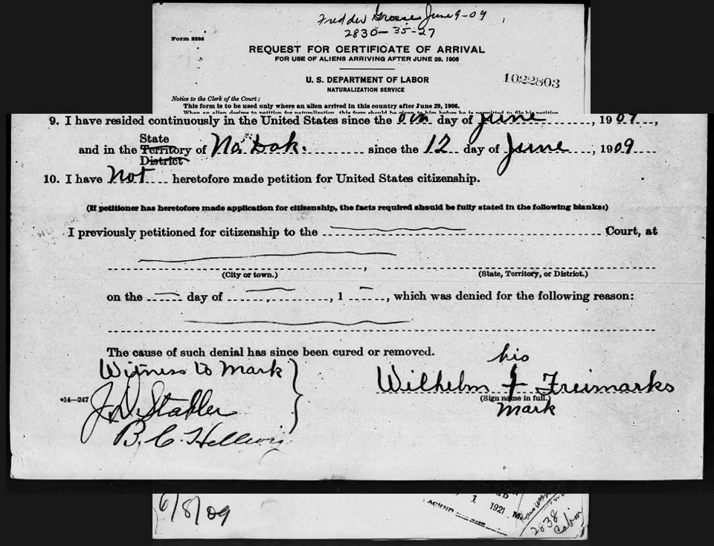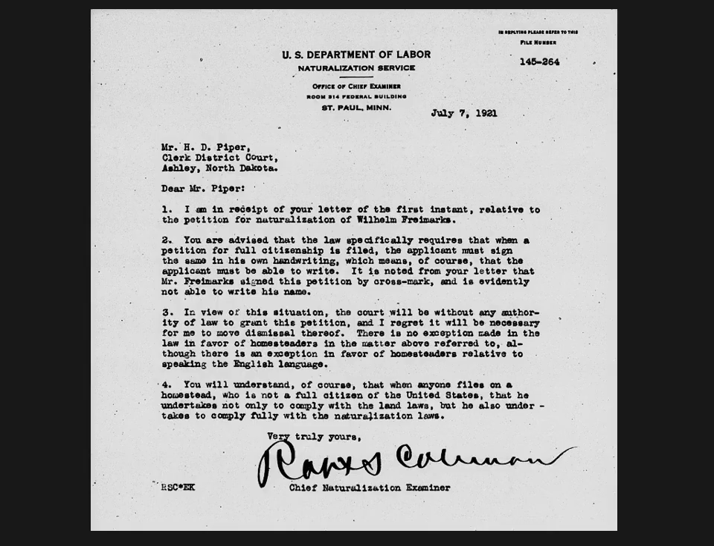And they did the same thing for the attached form. And they must have done the same thing for Wilhelm for his petition. He could not sign his name. And so the clerk wrote to the chief of the naturalization examiner about this situation, and he responded that,